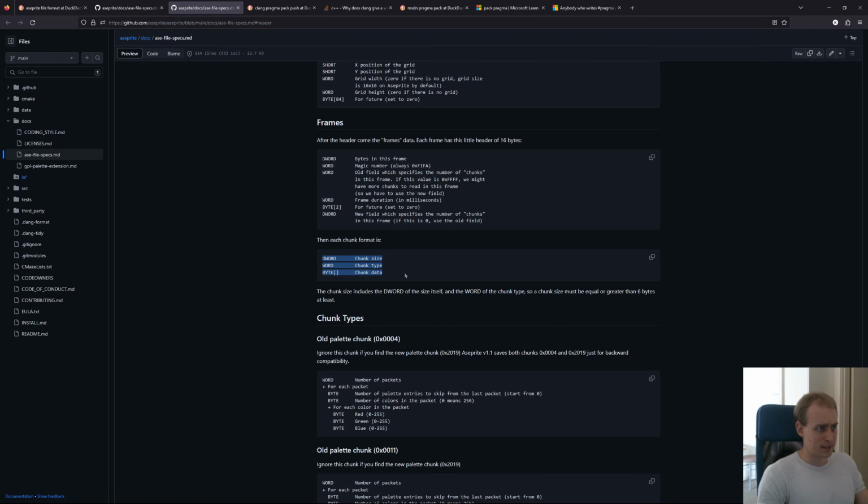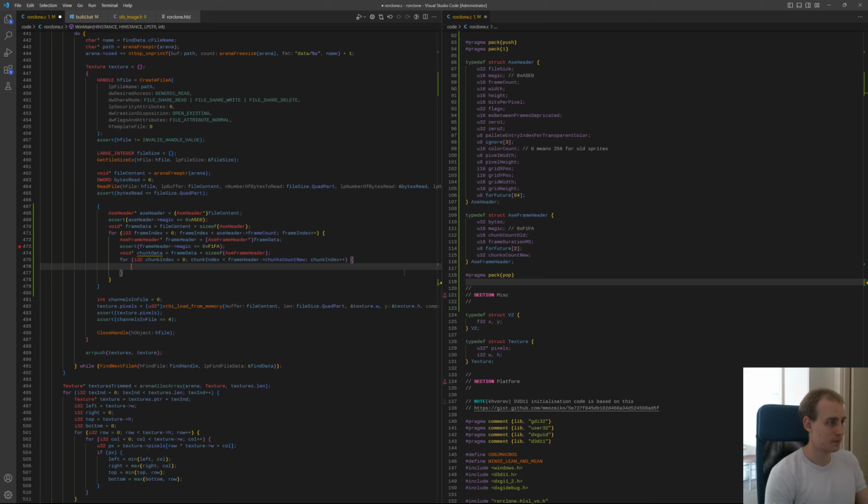And dword chunk size, dword chunk type, and then it's just the data. So dword is U32, chunk size is, it's dereference, cast as a U32 pointer, chunk,